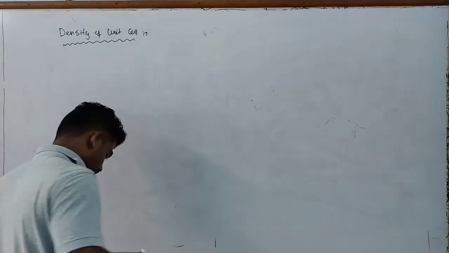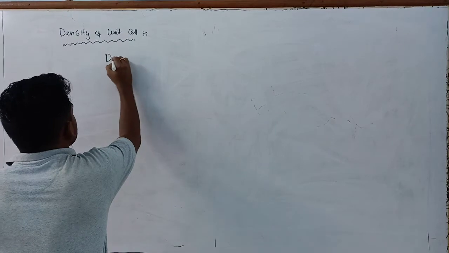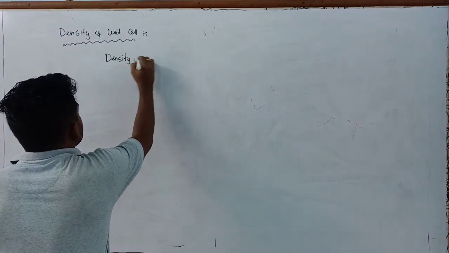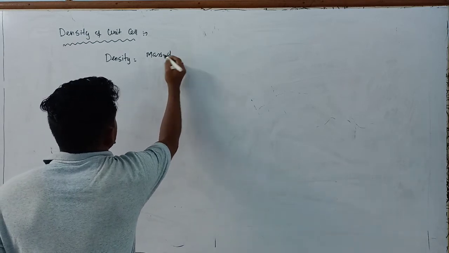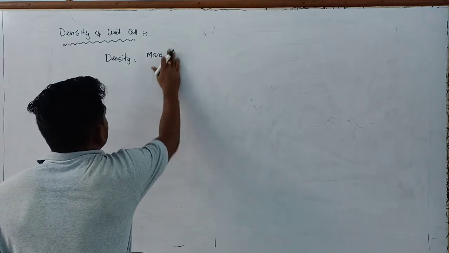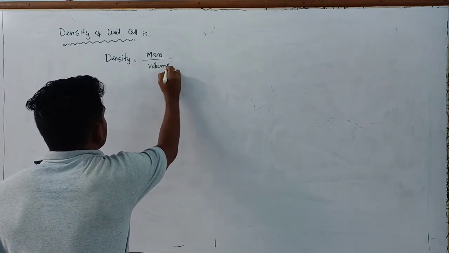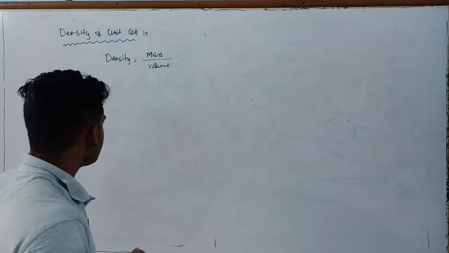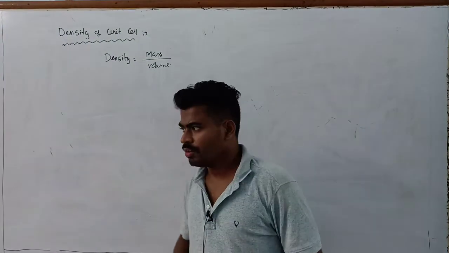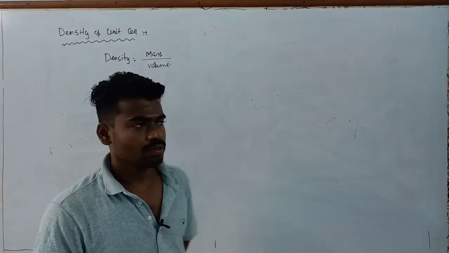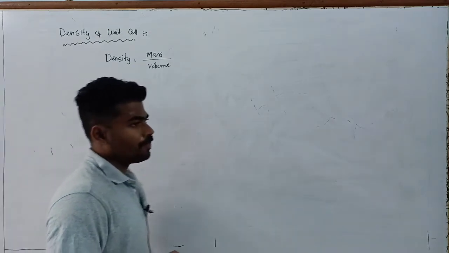You know the very simple expression for density, that is density equal to mass upon volume. Clear? So in order to calculate mass, we have to know in a unit cell the number of effective